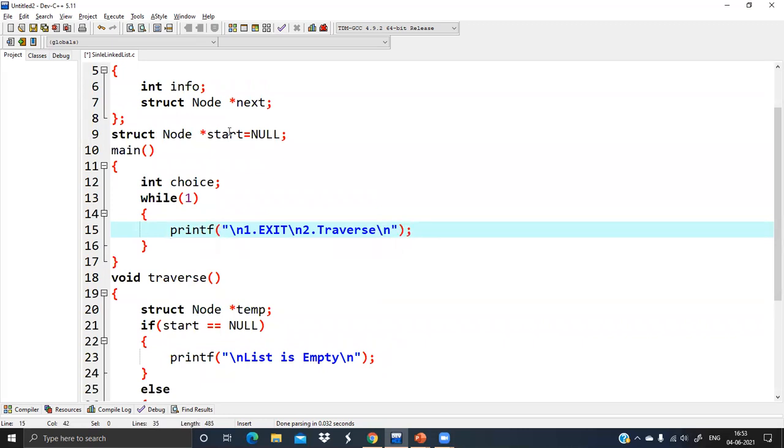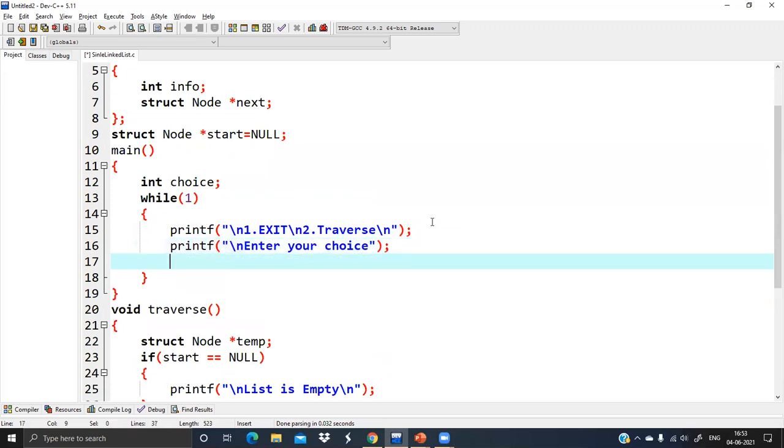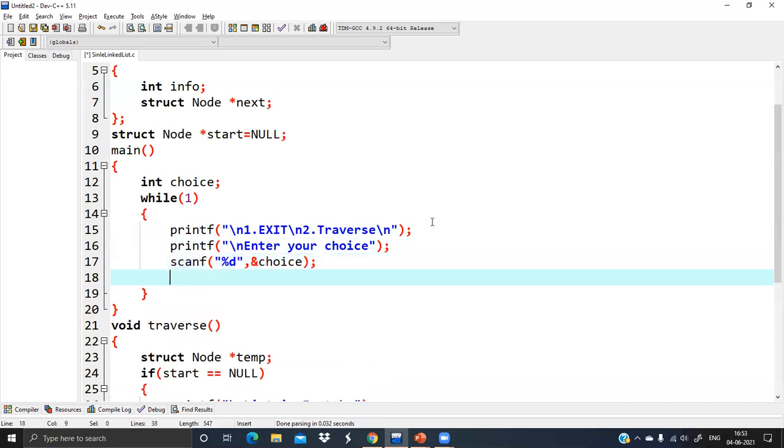Till now two options are there, one is for exit, two is for traverse. Done. You will ask the user printf enter your choice. Whatever the choice the user provides, that will be stored in the choice variable.